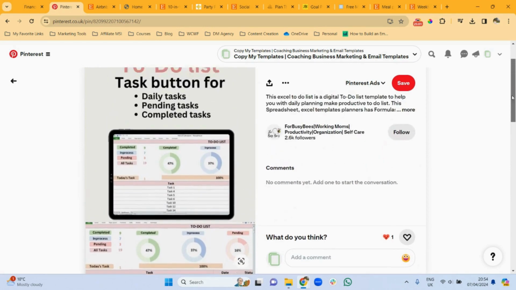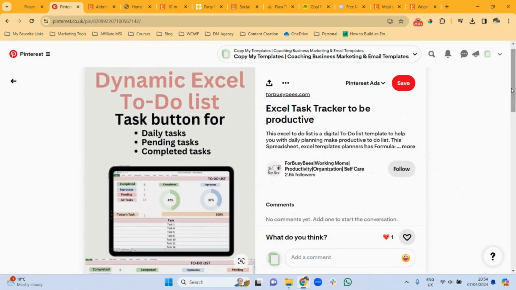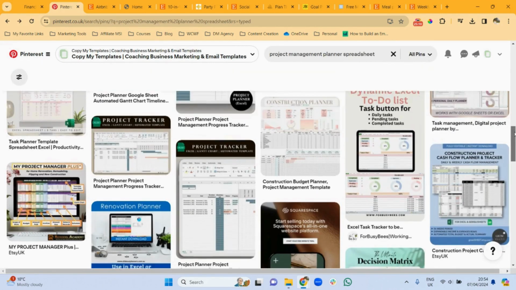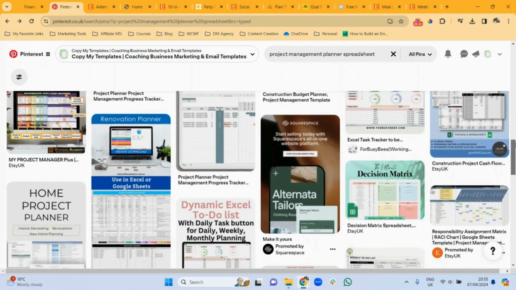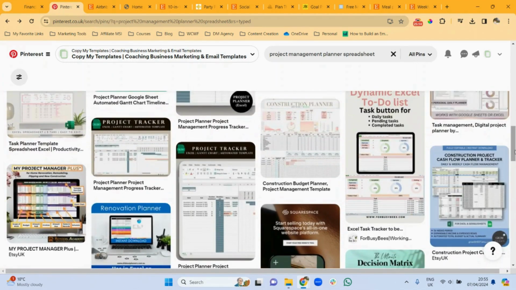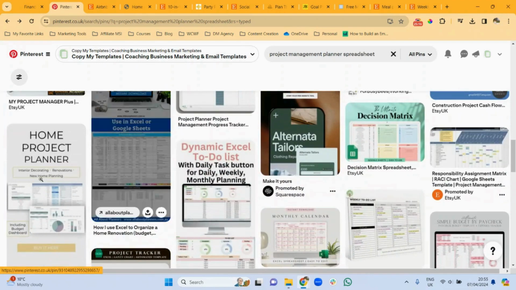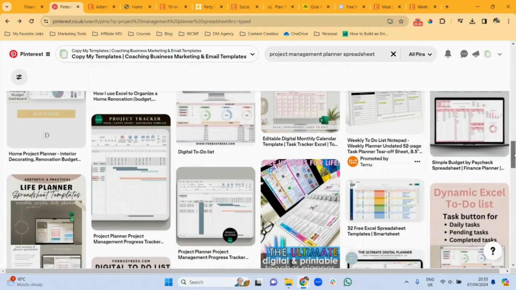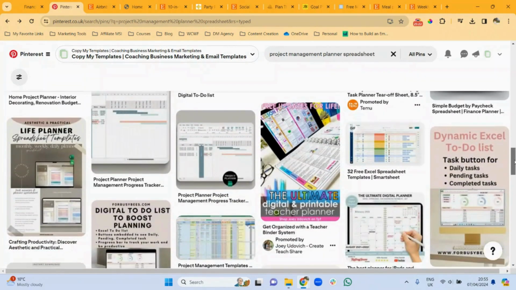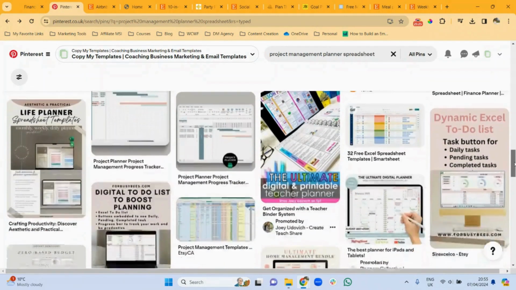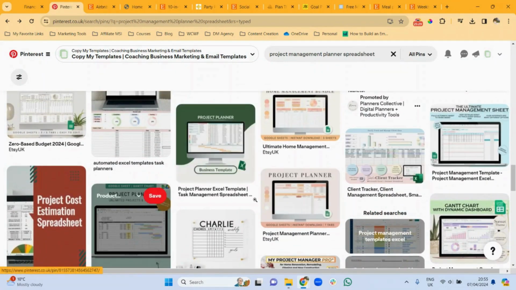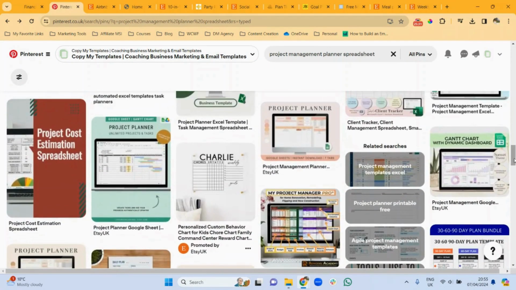That's the website. But imagine if you were able to create something like this, just like a project planner, where they are able to track what they need to do, whatever type of project it might be. In this case, it's a construction project. In this case over here, it's a home project planner. So if you know how to use spreadsheets and create planners like this so that people can organize projects they are working on, then why not? I think this is a brilliant idea.